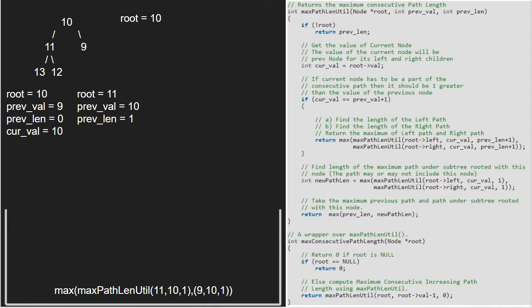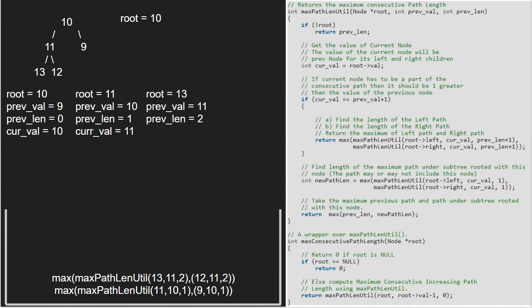Again, curVal will store 11 which is root. As curVal is equal to prevVal plus 1, we call the maxPathLengthUtil function with the left child of 11 which is 13. curVal will be equal to 13. Now as curVal is not equal to prevVal plus 1, the if condition is not satisfied and we take a